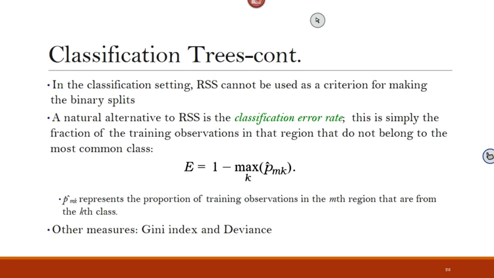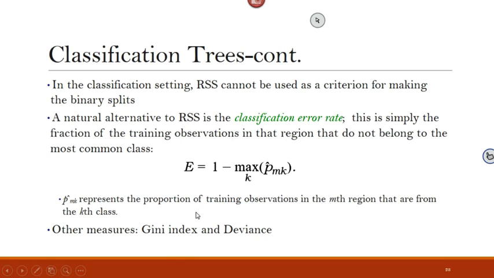In other words, we're looking for terminal nodes that are pure. That's the best, that's the perfect case, right? It's to have all the observations in one terminal node be of the same class. Okay, that guarantees a good classification, right? Or at least the majority of them to be in one class. So you can use the classification error rate as a metric to minimize.